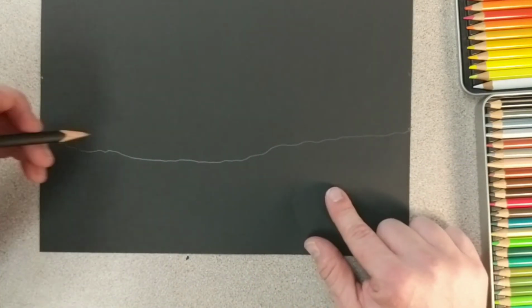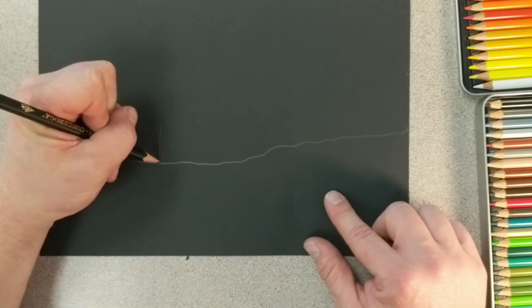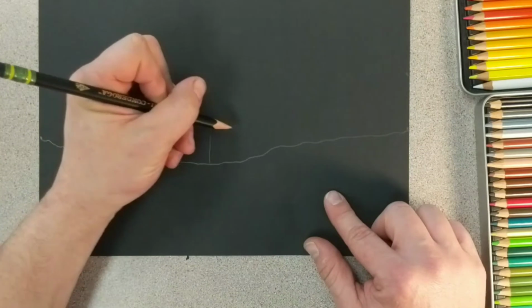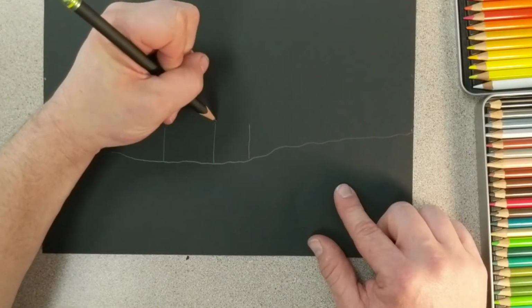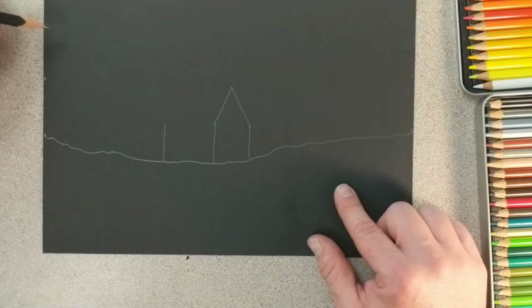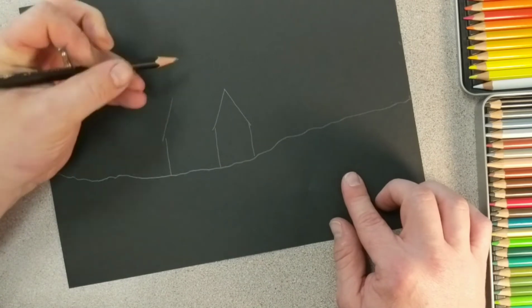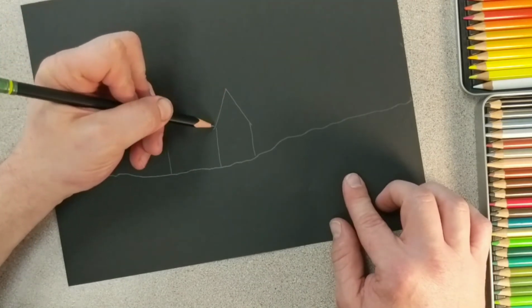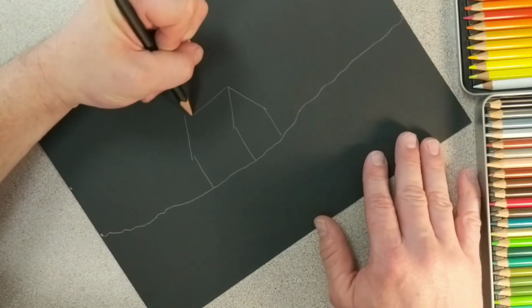All right, now we make our building. So our building would be a 3D house. So we do 1, 2, 3 vertical lines. Then we make a capital A shape on top. And then we make a parallel line and a diagonal that matches the left side of the capital A shape here. And 2 parallel lines that come across